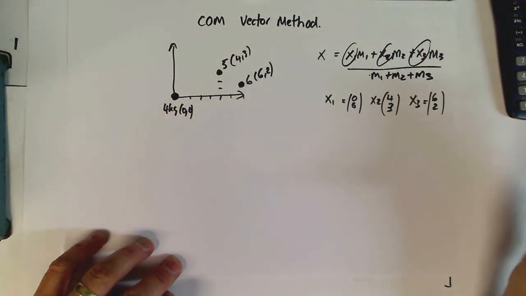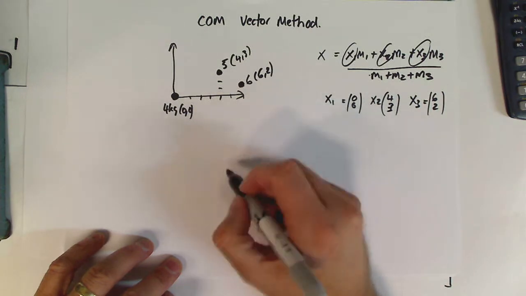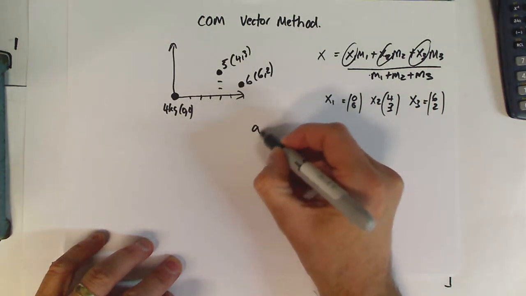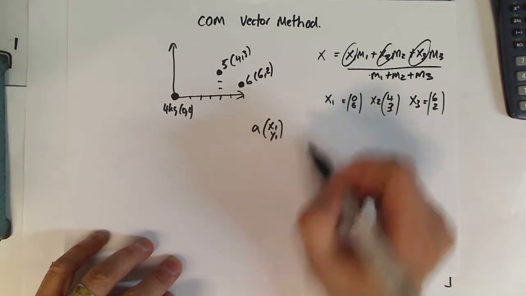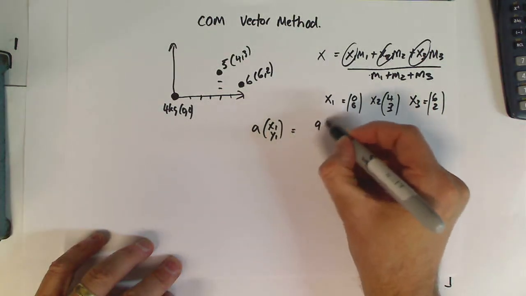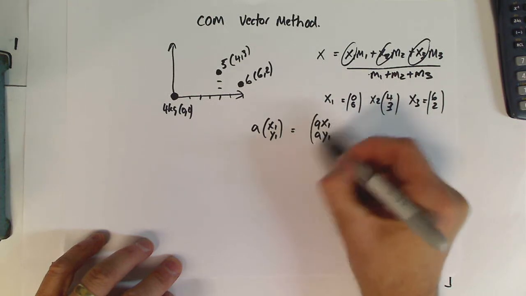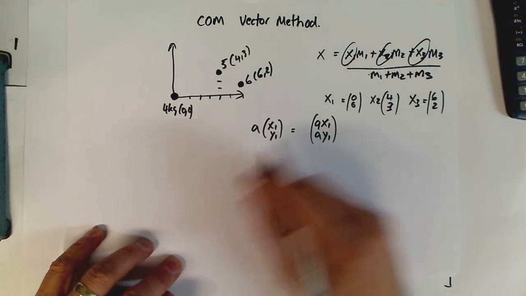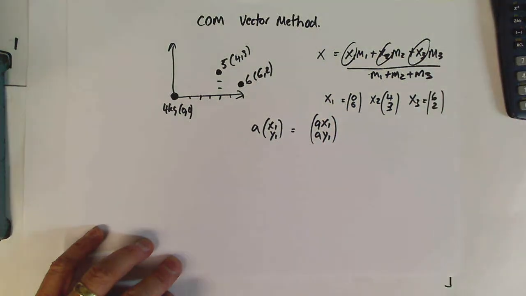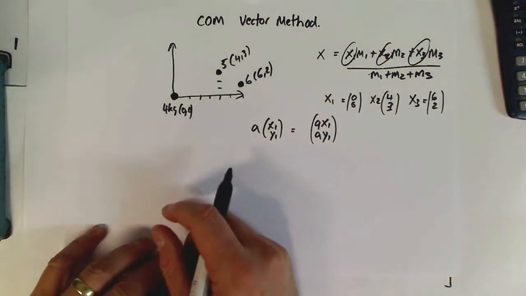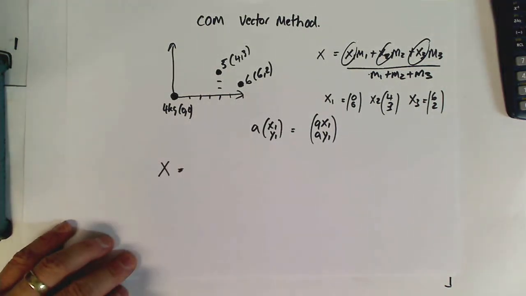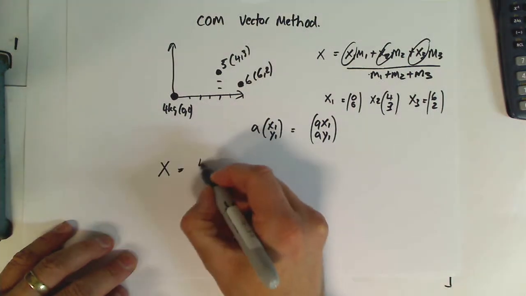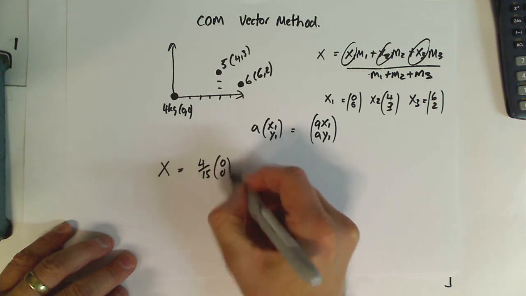So all we've got to figure out to do these type of equations is how do we multiply a vector by a scalar? That's quite easy. If you've got a scalar times a vector, say a times x1, y1, then that's going to be equal to a x1, a y1. Just multiply each component by that scalar. So if we're dividing all these guys by m1 plus m2 plus m3, which is 15, we can now say that this vector sum for the center of mass has got to be equal to m1, which was 4, divided by 15 times the x1 vector plus